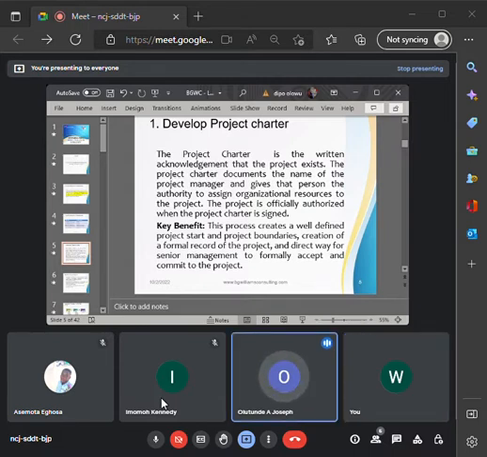What I can say about a project charter is just a way of organizing or stating the processes by which the project is expected to be carried out. I'm not sure if I'm